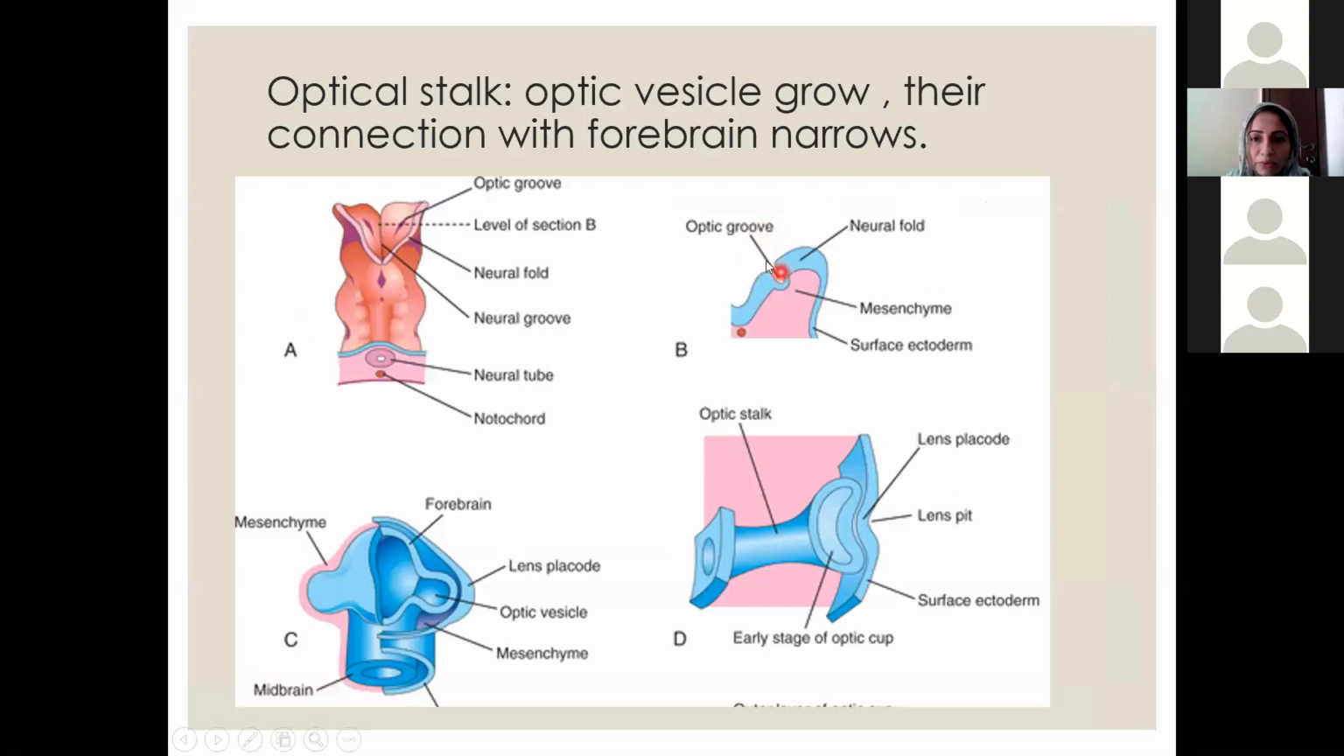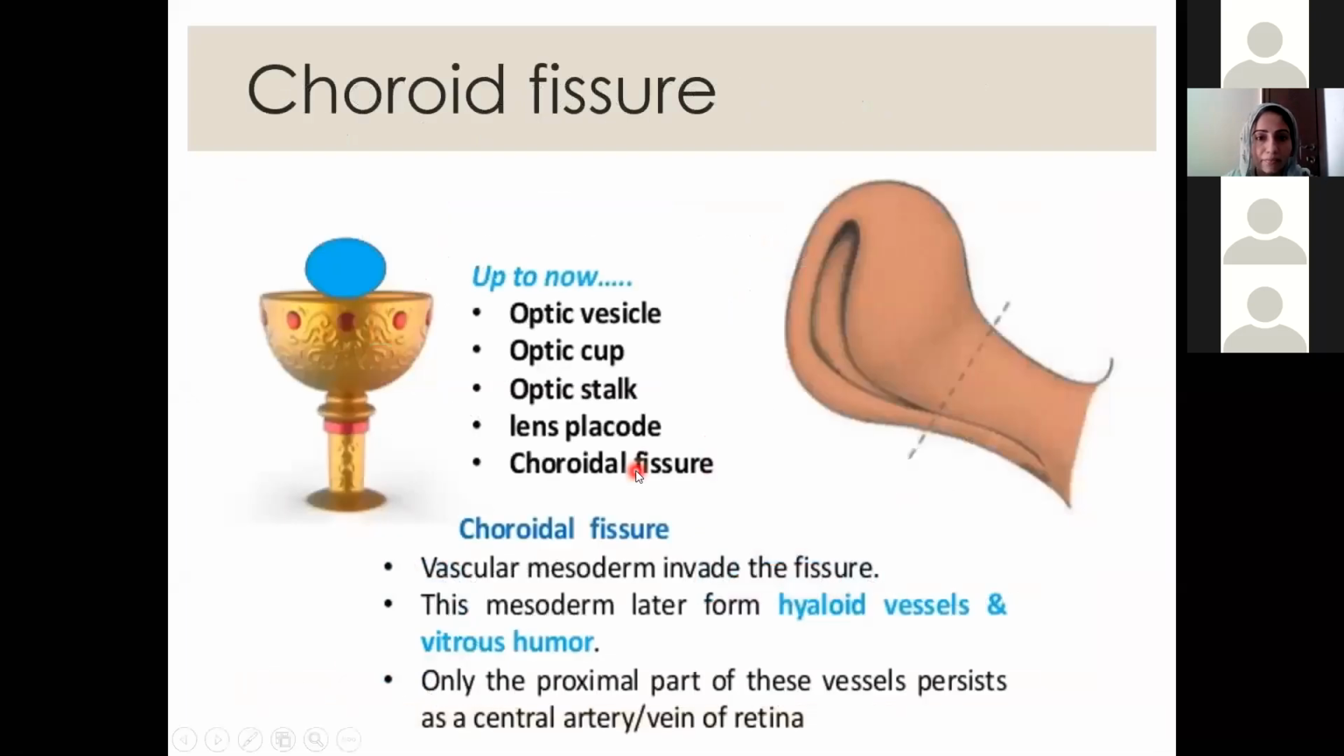This is the optic groove, सही है, and then this is the formation of the optic vesicle, and this vesicle is coming in contact with the surface ectoderm, and surface ectoderm will start forming the lens, okay. This picture, I will come back to this picture. Actually, during the formation of the